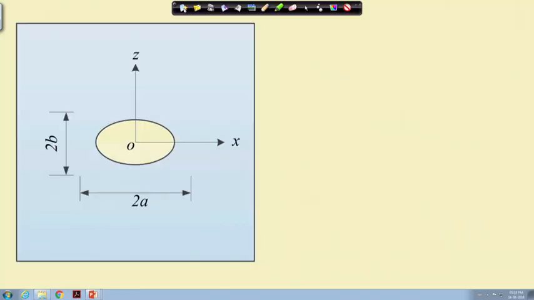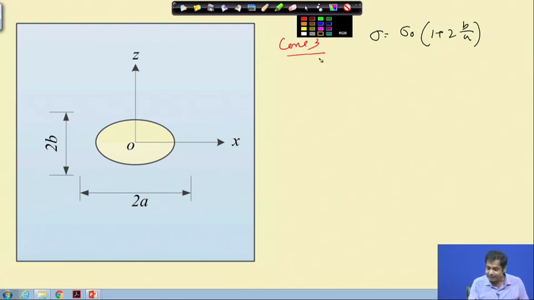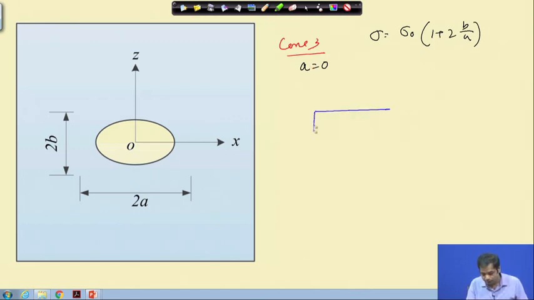And what is case 3? So, let us write case 3. Once again, let us write this sigma is equal to sigma 0 into 1 plus 2 into b by a, right. Now, what is case 3? Case 3 is when a is equal to 0. What happens when a is equal to 0? It means that if you have a problem like this, which is subjected to a load like this,